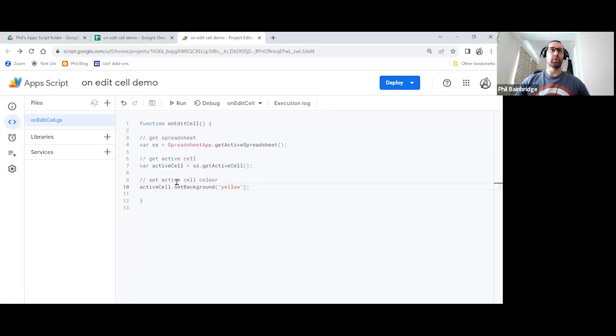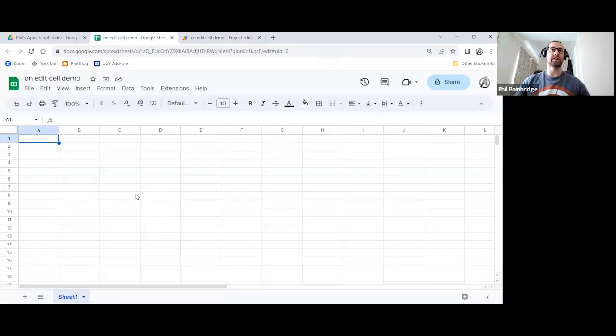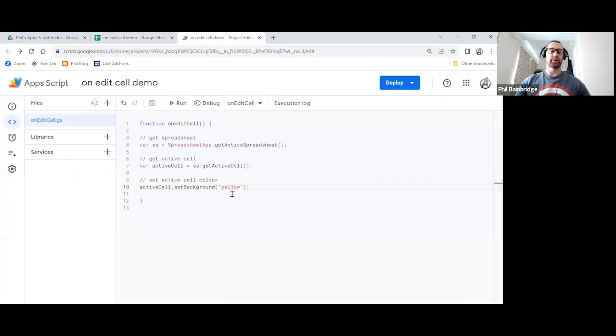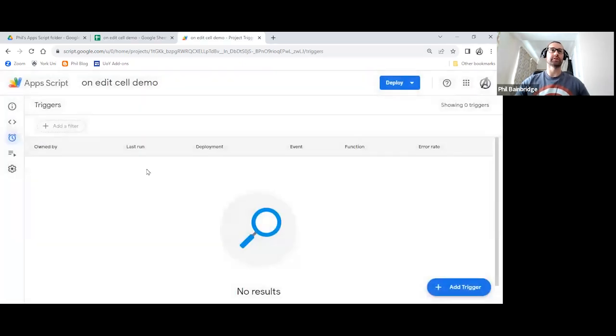So we've got the code, we've got what we need, but we haven't got anything to connect it directly to the actual Google Sheet itself. If I start typing in here right now, nothing is going to happen. That's where our trigger comes in. So if you move over onto the left-hand side here, you've got a few different menu options, and one of those is called triggers. If I click on triggers, I end up with a page like this. If it's the first time you've accessed triggers, you may end up with a dialog box in the middle, sort of welcoming you. You can just click away from that and remain on this page as so. At the bottom right, we have the add trigger button.